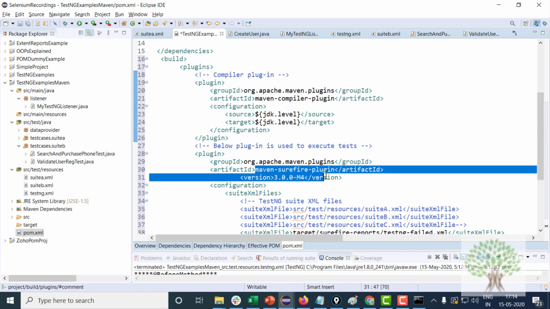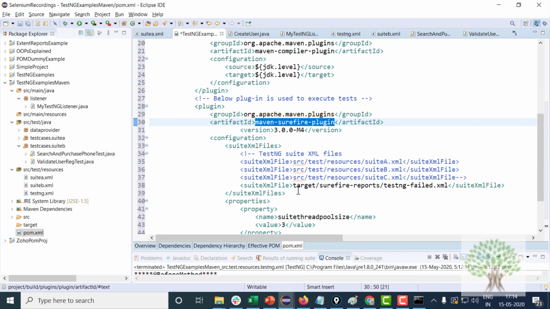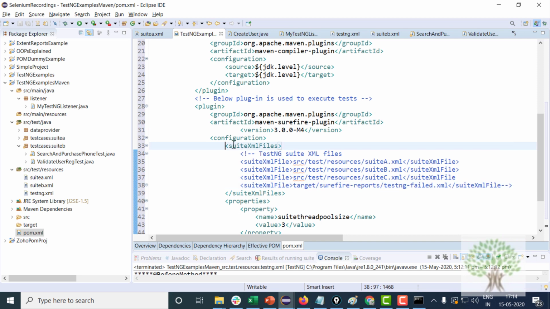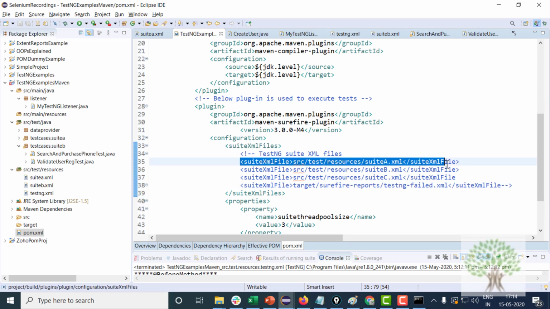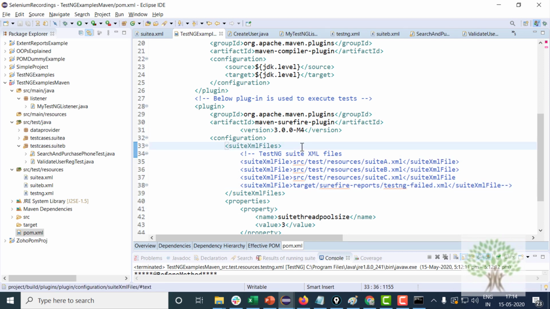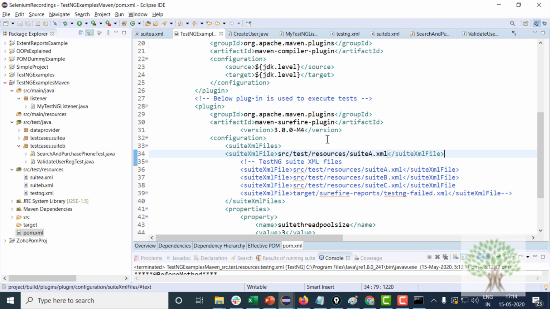And this is the Surefire plugin, which can help you run the project as per testng.xml. Fine. In your suite XML files over here, you give the path of your testng file which you want to run. I want to run my testng.xml.